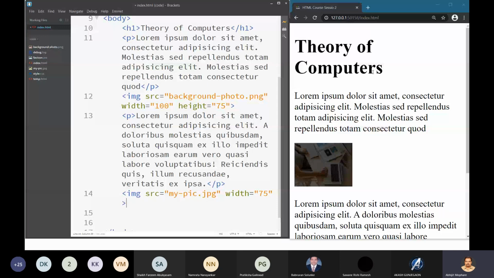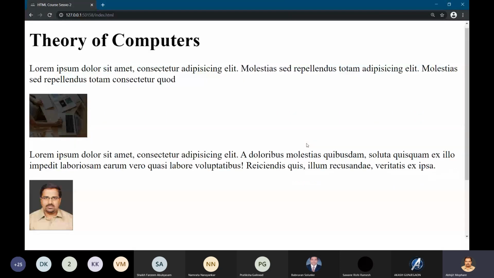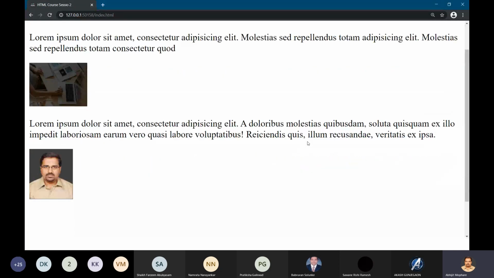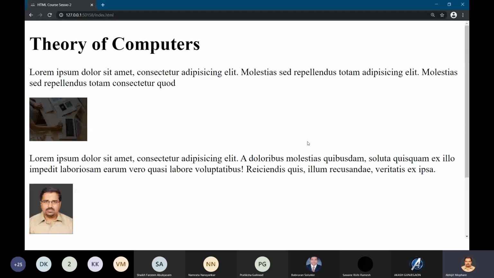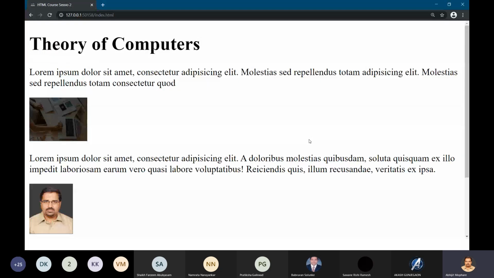Obviously, the HTML document we have created is not at all a good looking document. It is very, very rudimentary. How to make it beautiful is what we are going to learn in the next session, that is CSS, cascading style sheets. As we have learned, HTML only gives the structure of the web page, while CSS decides the look and feel. So let us move towards that. Fine, I hope you have understood this part.